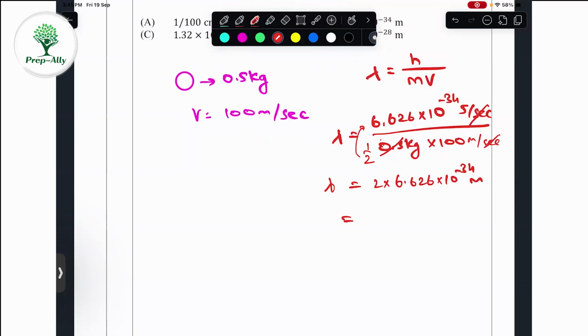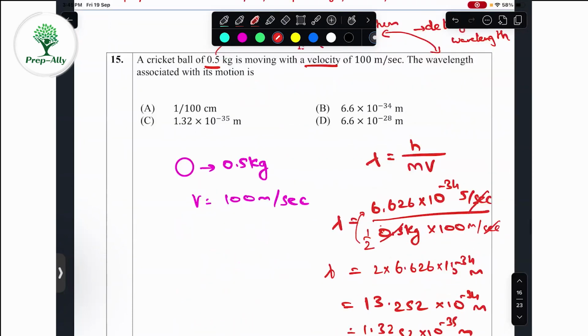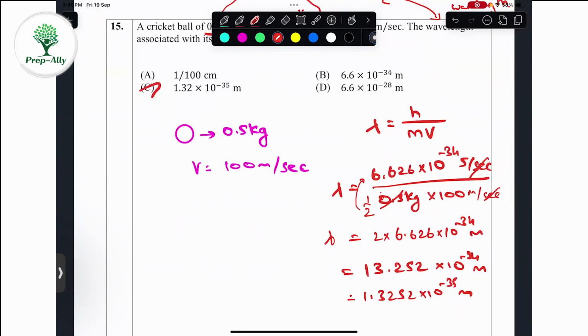2 into 6 point. So it is like 13.252 into 10 power minus 34 meters, or you can write 1.3252 into 10 power minus 35 meter. So the answer is going to be C, 1.32 into 10 power minus 35 meter. Next,